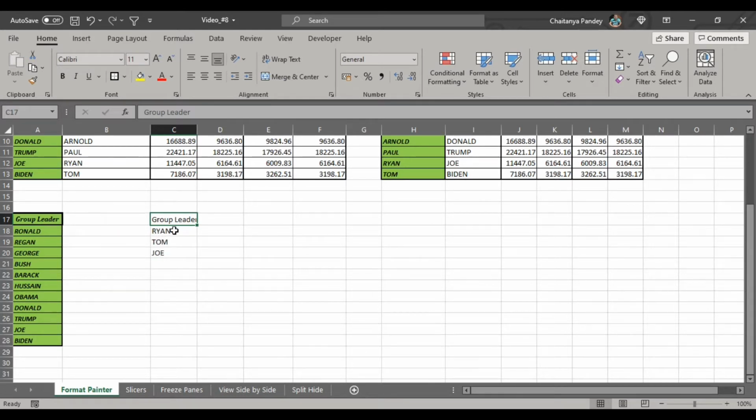I would like the fonts of Ryan to be exactly the same like this, and the coloring of the formatting, that is this green color, to also be applied to this set of range. So if I select this